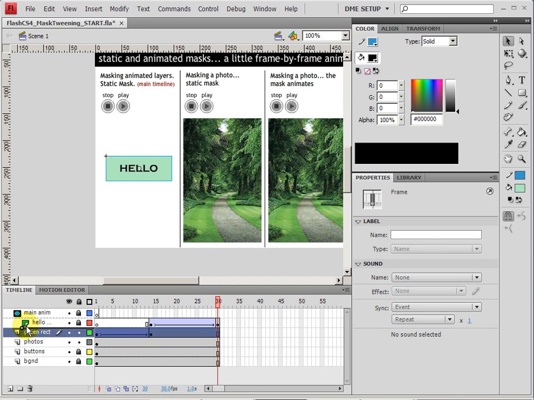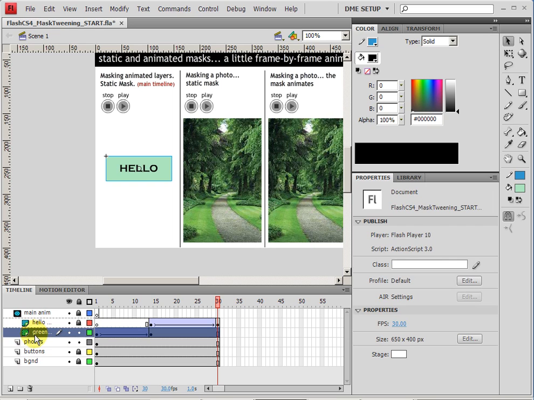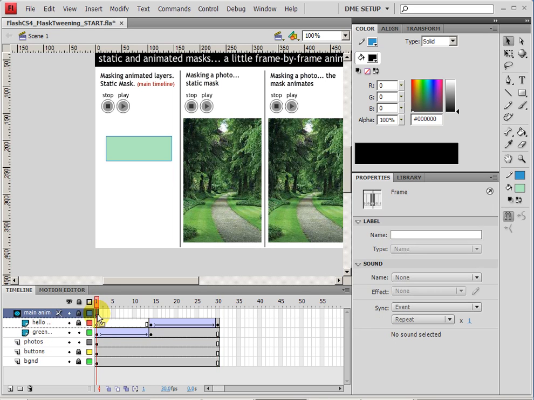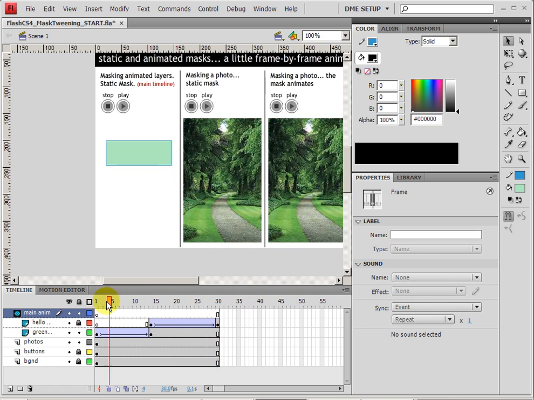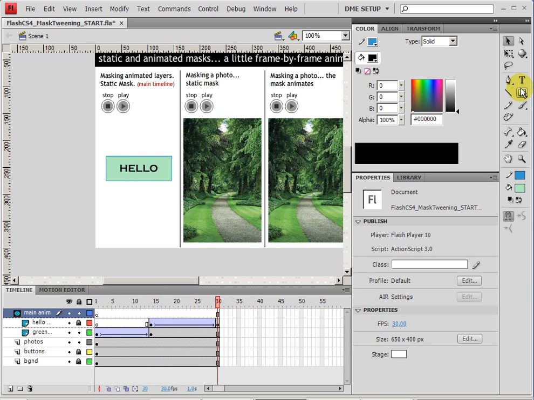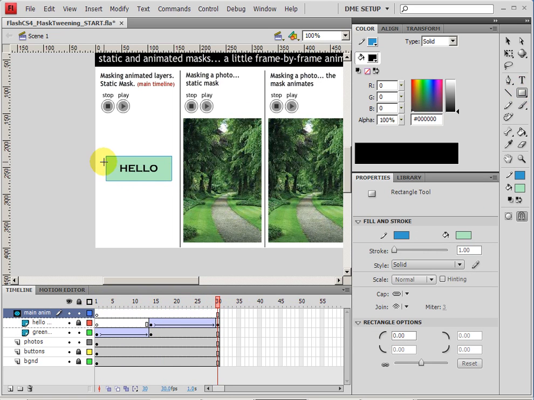So I can click on it and drag it over and up just a little bit, and you'll see it's now masked. So anything that I draw on this main animation layer now will be masked. I need to insert a frame to extend that main animation layer over as well. And now, at the very end, I'm going to create just a very simple mask that goes over just that